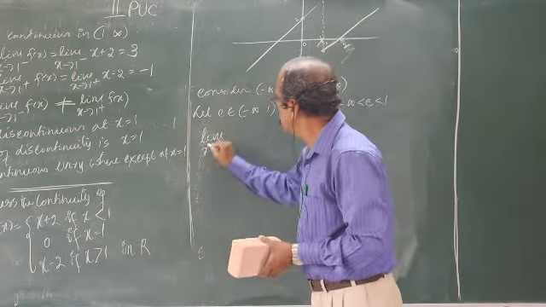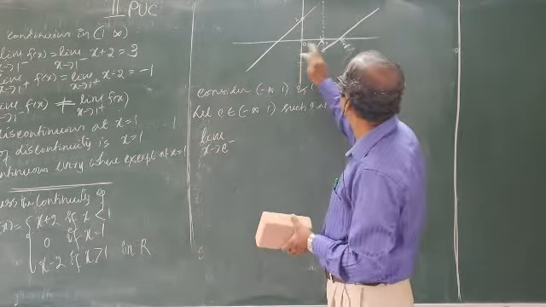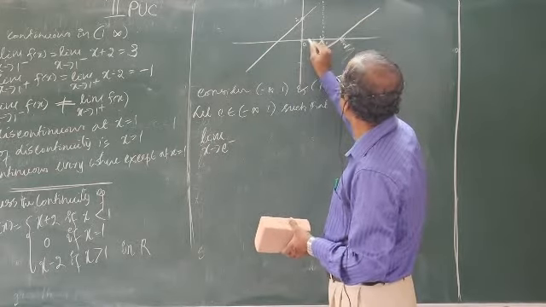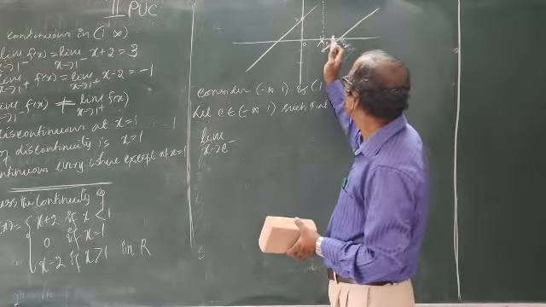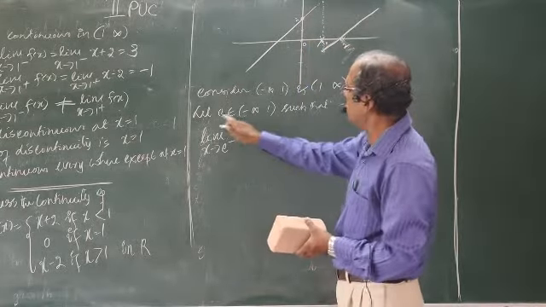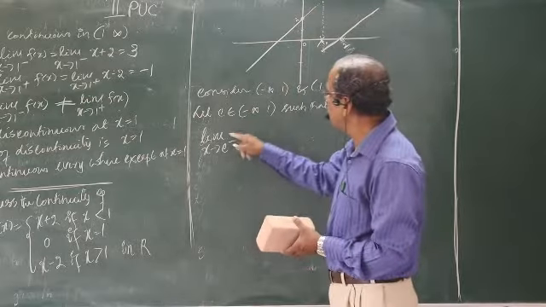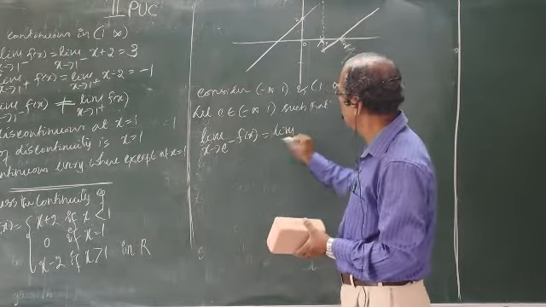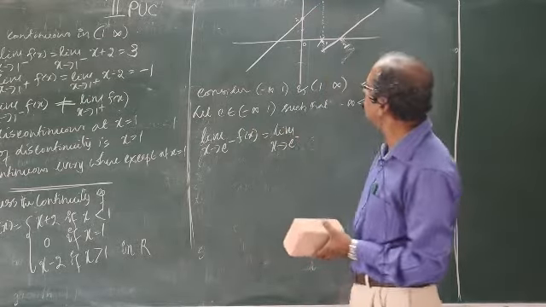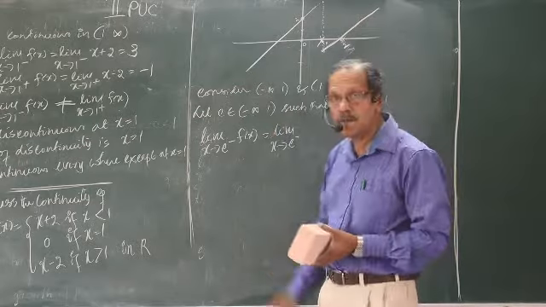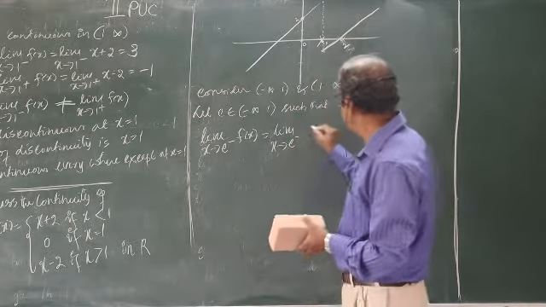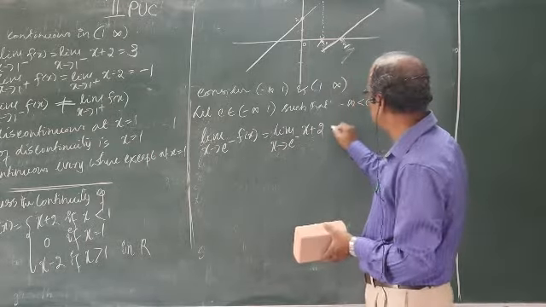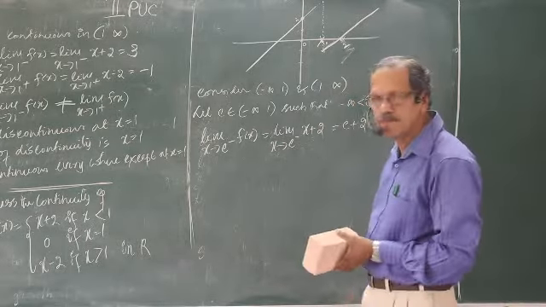Left hand side, x tending to C: minus infinity up to 1 means this entire interval. You can take any value here, but not 1. Less than 1, you can take any point as C. Approaching that C from the negative side, left hand side, the equation is x plus 2, for all x less than 1. So you get C plus 2.